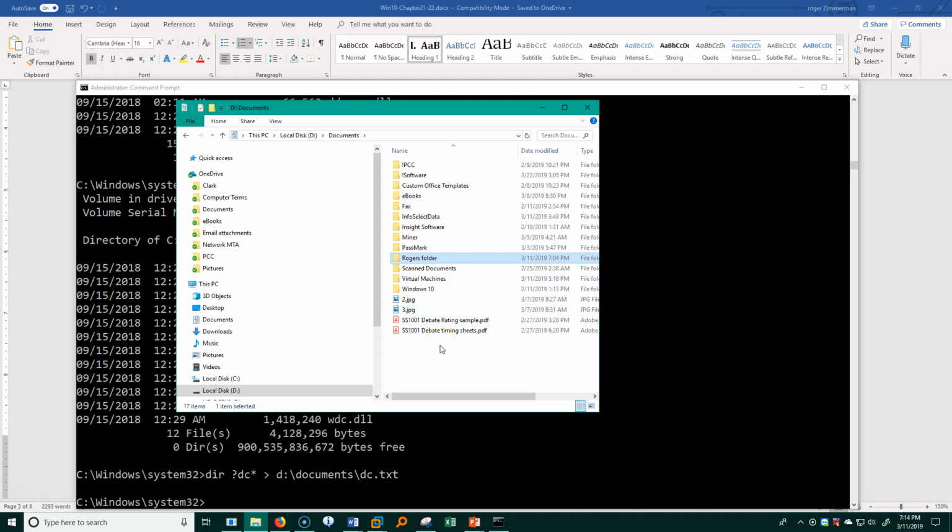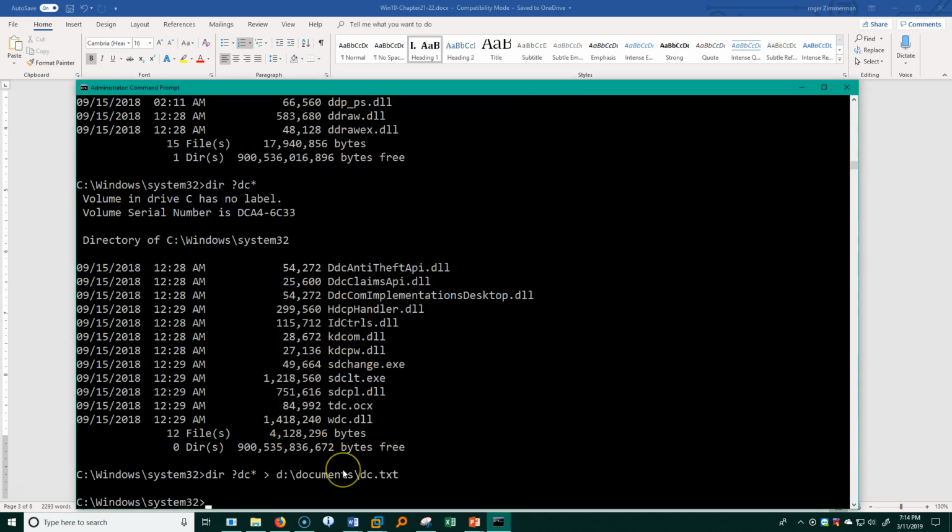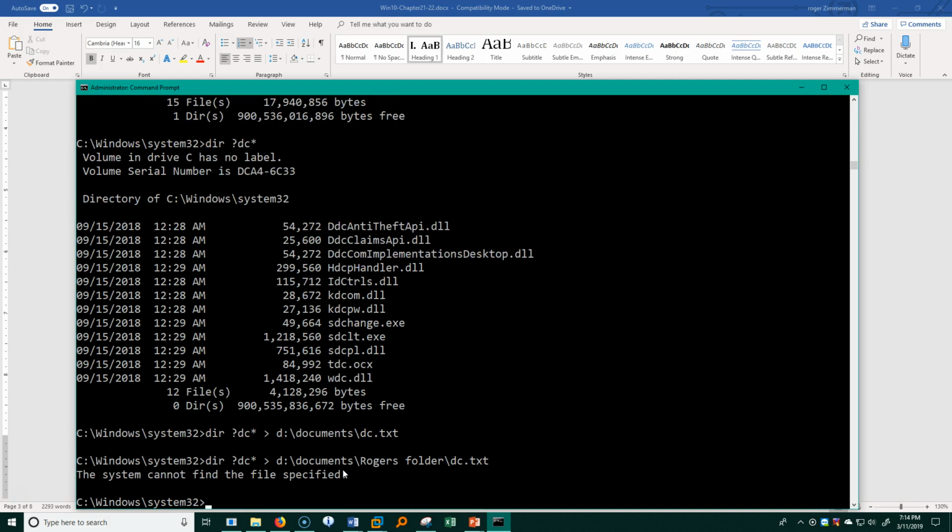The reason I'm showing you that is because I'm going to try something else now. I'm going to do the up arrow again, but this time I want D documents Rogers folder dc.txt, and let's try that. Oh dear, we got an error. The system cannot find the file specified.